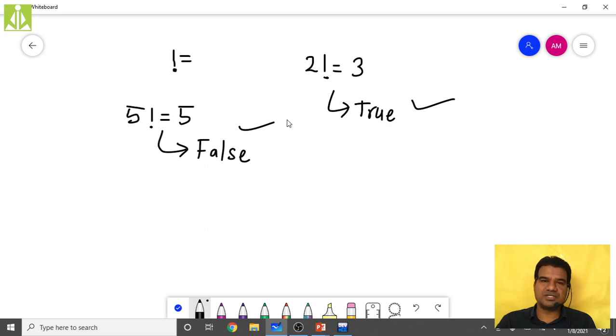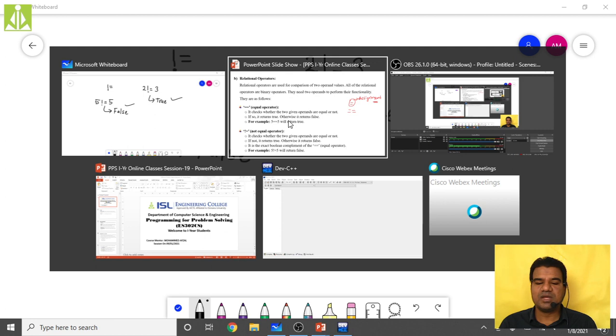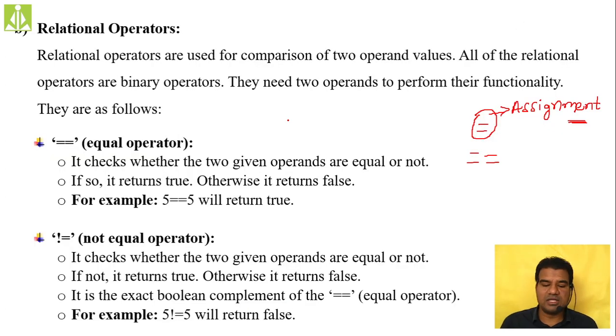If you want to perform exactly the opposite operation of double equals to, simply apply the not equals to operation. Okay, likewise, all these things we discussed.